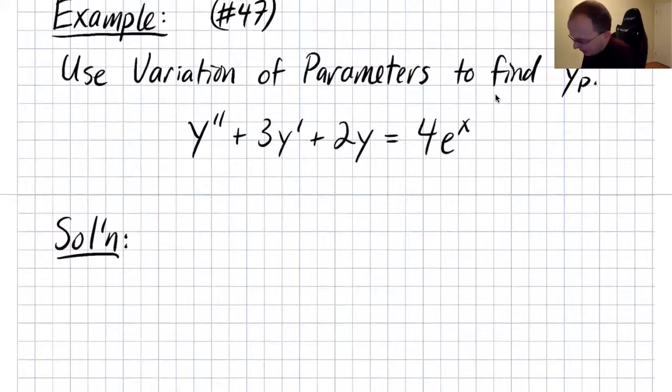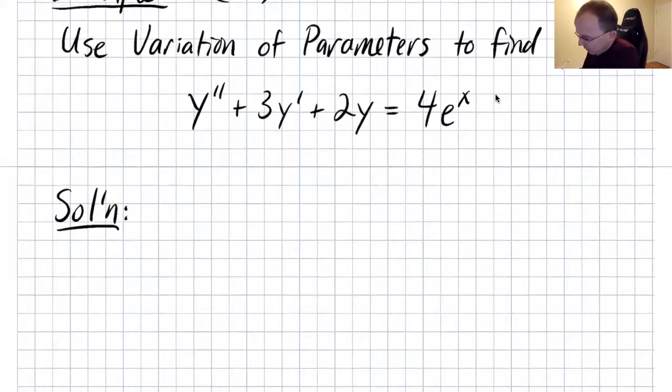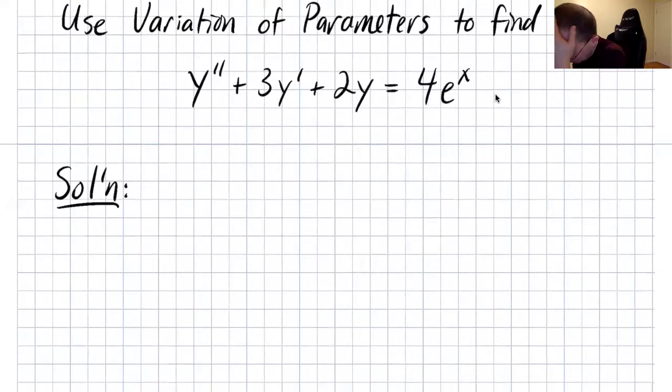All right. So let's apply to this. Now, I guess we could have used our other technique that we learned at the beginning of this section, but let's use variation of parameters to do this. Okay, so let's see how it works. Maybe you'll like this one better, I don't know. So first of all, we need the general solution of the